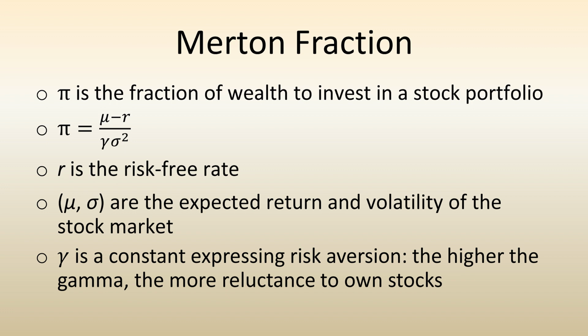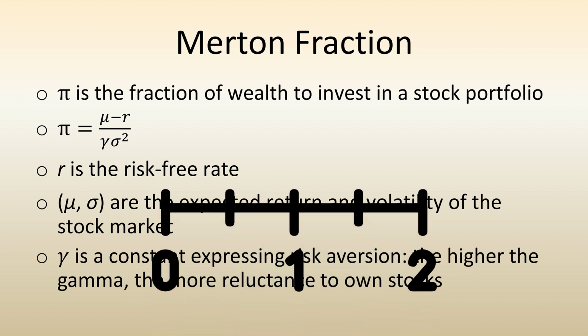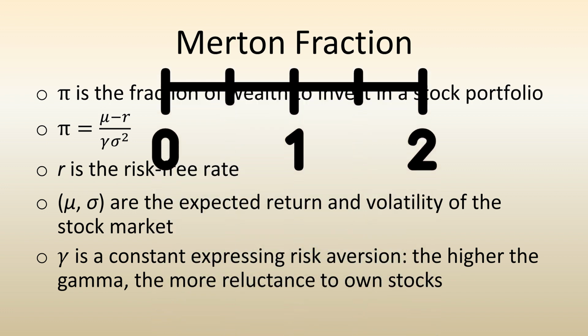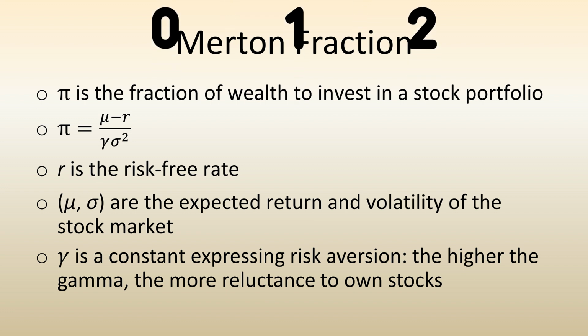If we take into account a utility function representing the risk tolerance like we just talked about, then Robert C. Merton solved this portfolio problem in 1969. He considered how an investor chooses to allocate their wealth between stocks, which are risky, and a risk-free asset like a savings account. Merton took into account the risk tolerance so that he could maximize the expected utility function.